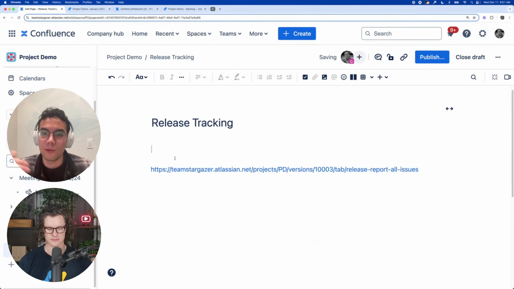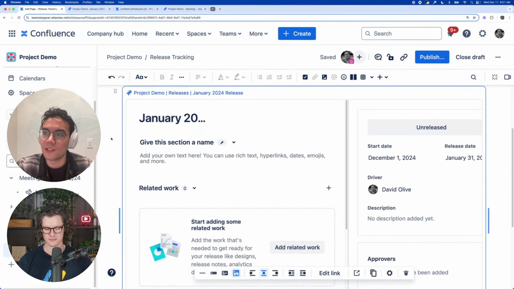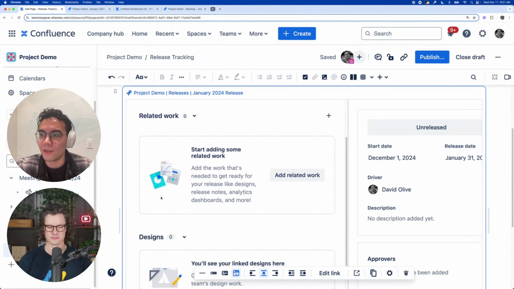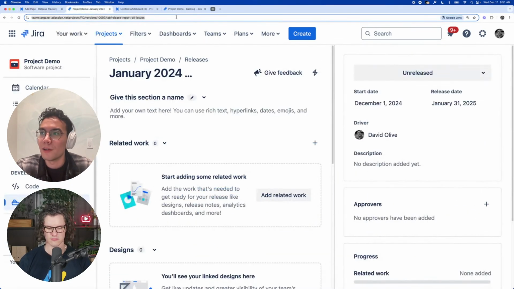So if you're talking with stakeholders, for example, and you're giving status updates, you can actually have the release right here and showcase all the details there. That's pretty great. But the other thing I want to showcase is when we do release a feature,